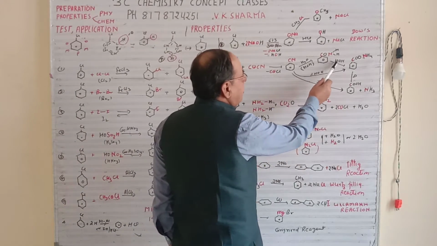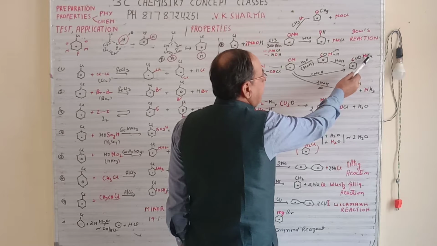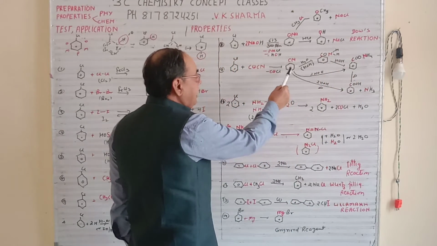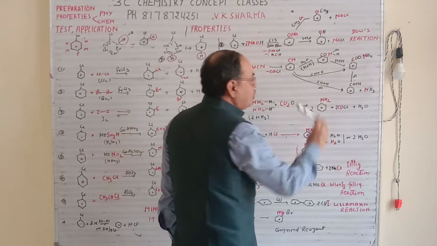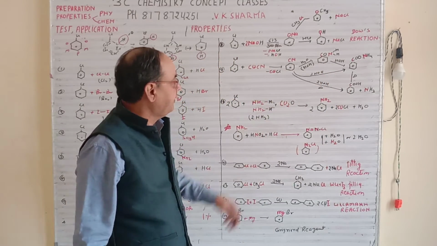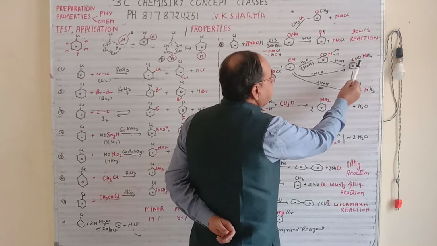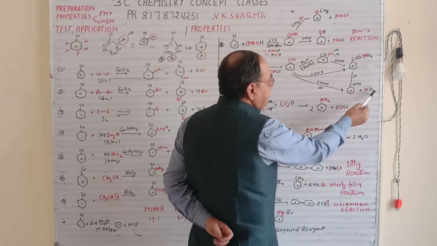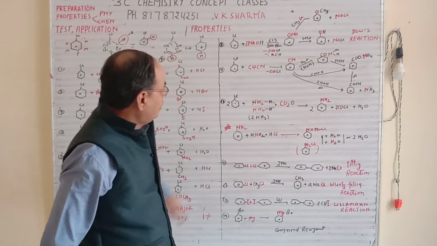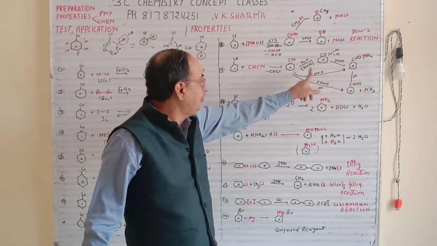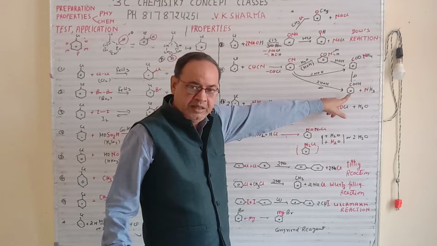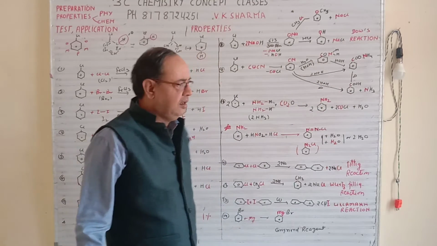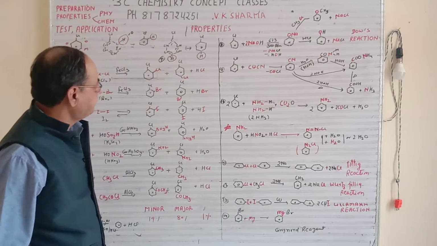Suppose you are again taking a water molecule. So the carbon will take 2 oxygens and nitrogen will take 4 hydrogens. So this will give you ammonium benzoate. You can do it directly by using twice of water, that is HOH. Now if you are just heating this COONH4, that is ammonium benzoate, it will give you COOH, carboxylic acid, plus NH3 will come out. So you can do this directly also, where if you want to convert cyanide into benzoic acid or chlorobenzene into benzoic acid, you can adopt both the methods, direct or indirect, that is your choice.